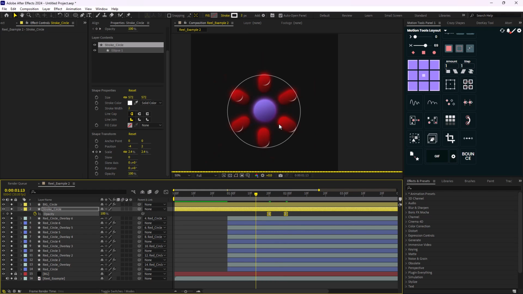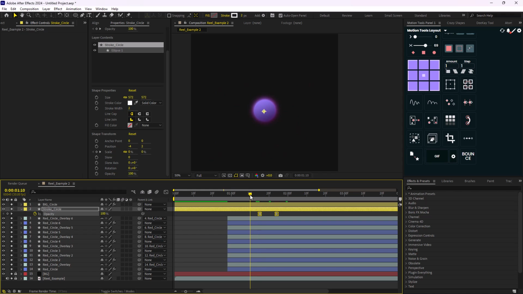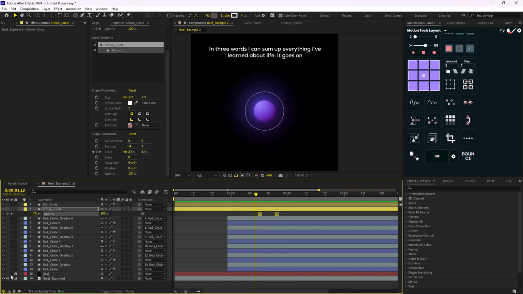Now I'm gonna animate the opacity. I'm gonna offset the keyframes a bit. Great. And one thing that is happening on the main reel is that when you, let's just see the original